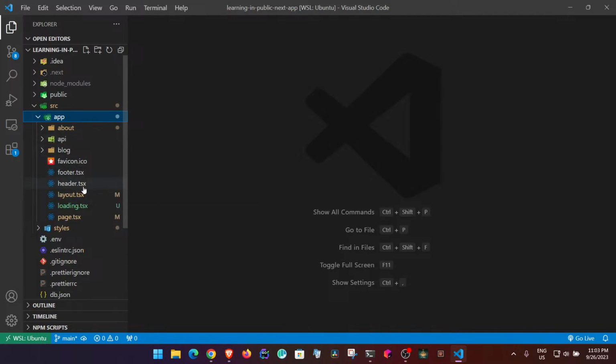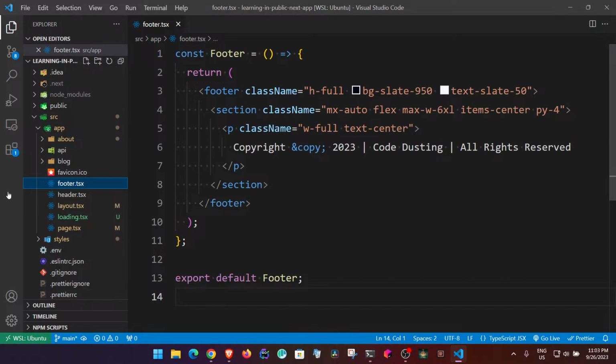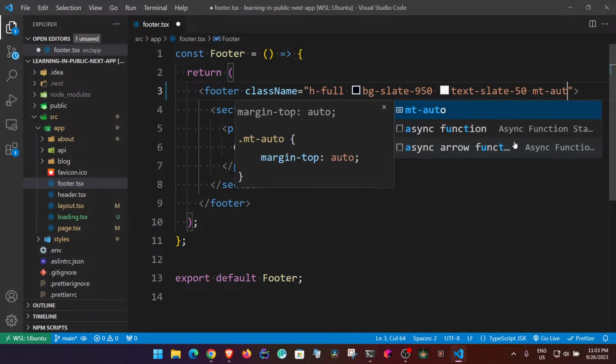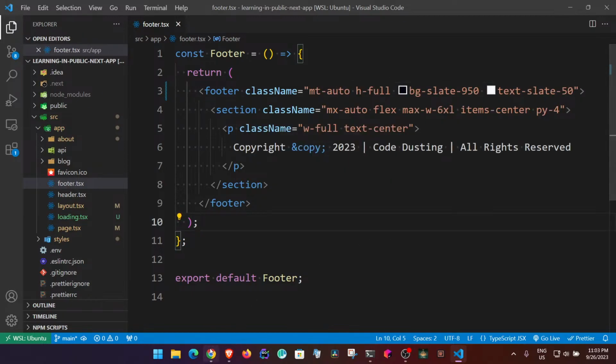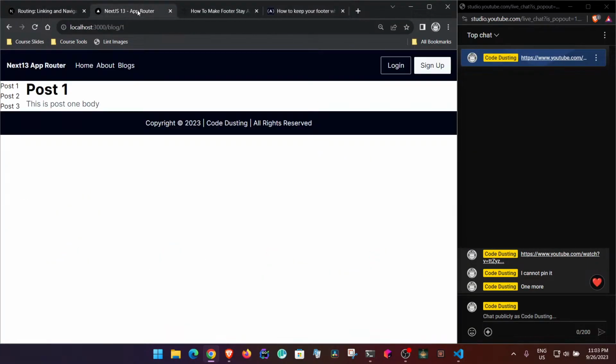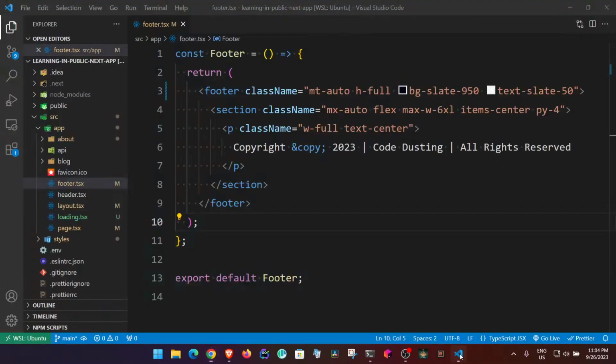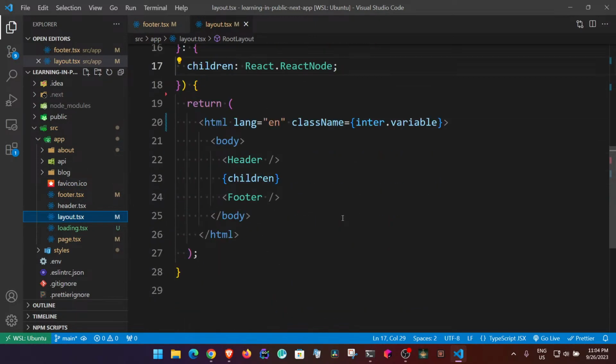There's a header here, there's a footer here, so this is a co-location scenario. This is h1. I think it has to do with margin top being auto. Right, margin top was auto, and then in the layout, we have this children, we might want